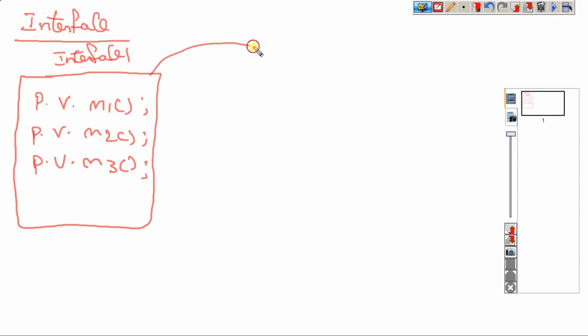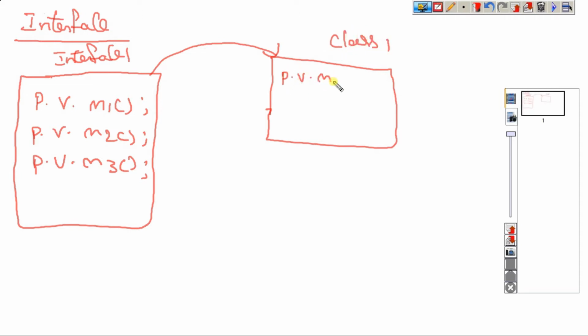These methods must be implemented into different classes forcefully. What does forcefully mean? This is class 1. I can implement public void method 1 and write the logic here, public void method 2 logic here, public void method 3 logic here. But however many methods there are in this interface, you must implement all of them in the class.